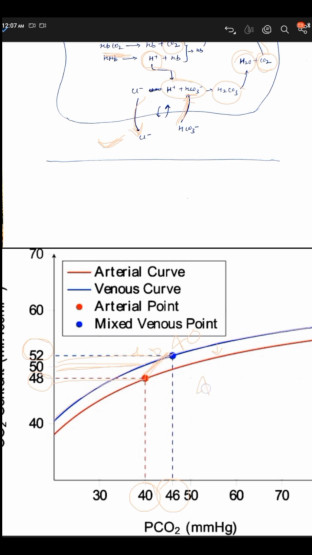Meaning 4 ml of CO2 has been carried by 100 ml of blood, which is only possible because of this Haldane effect. If the Haldane effect was not present, only 2% volume of CO2 would be lost. But because of the presence of this Haldane effect, approximately double the volume of CO2 has been lost. Meaning instead of 2 ml, 4 ml of volume